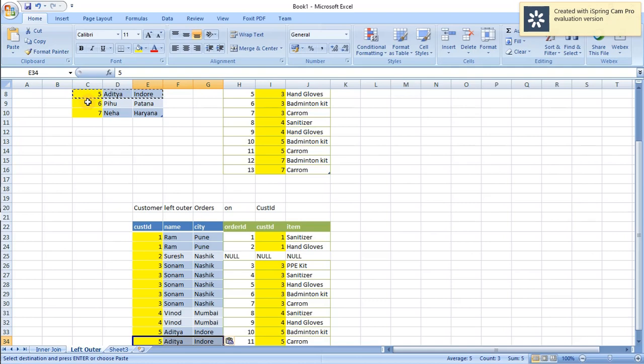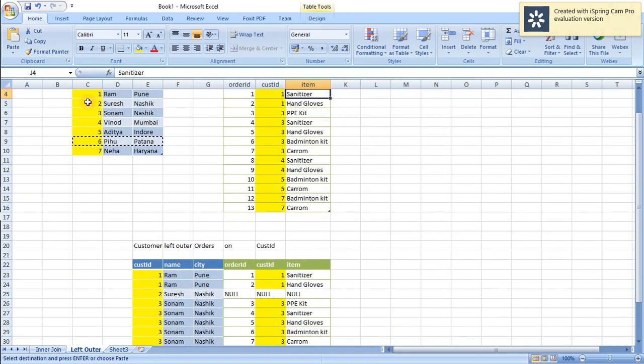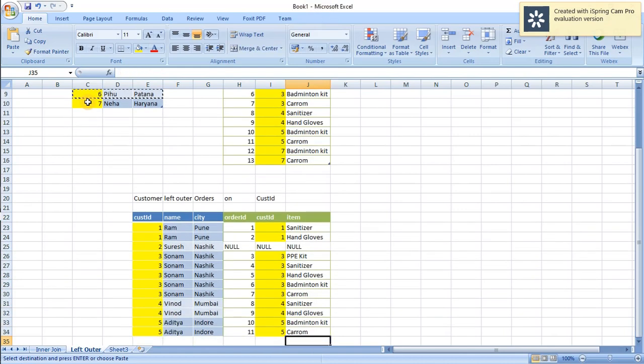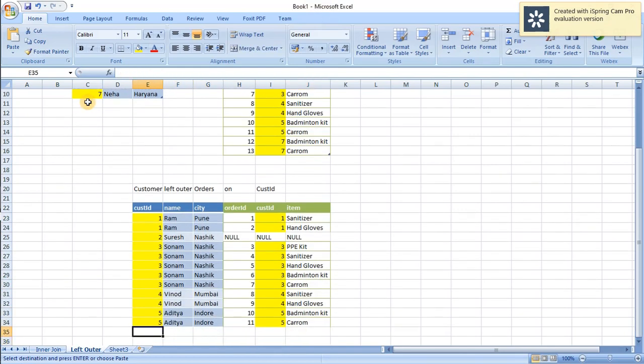Now 6. Like customer ID equal to 2, customer 6 also does not have any entries in the orders table. She didn't order anything, so there is no entry for her. It will just return her left side entry, as this is the left outer join, and for the right side it will return null, which means nothing.